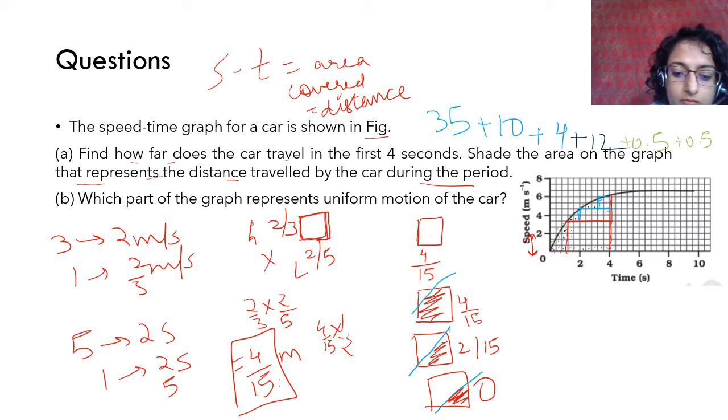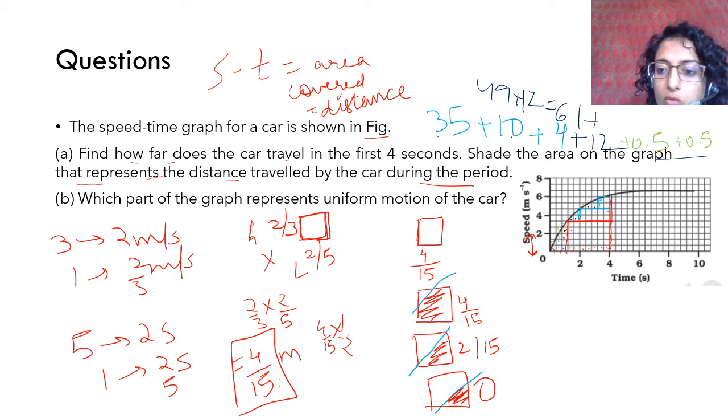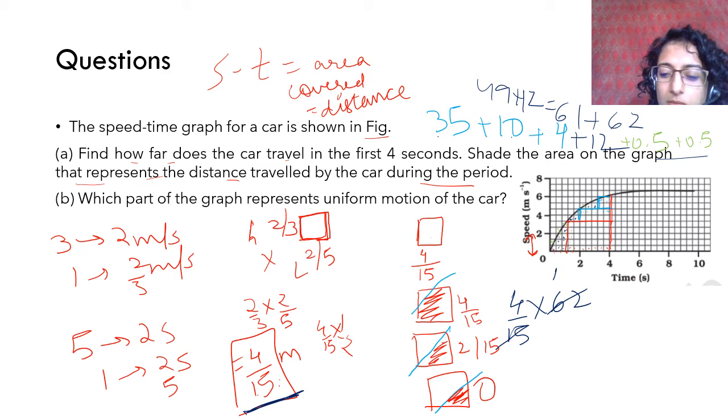So these are the total number of squares, right? 35 plus 45 is 80, plus 4 is 49, 49 plus 12 is 61, and this is 62. So per square is 4 by 15, and then what will 62 be? It is approximately 4 point, sorry, where did the 4 come from? Yes, 4 it is. 15 fours are 60, 4.1.